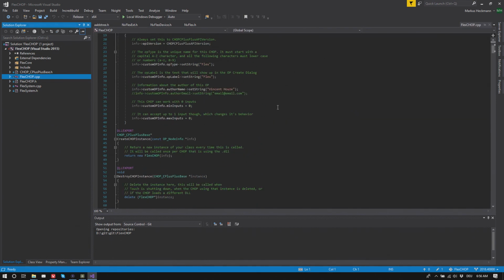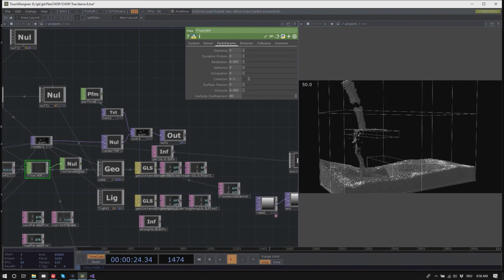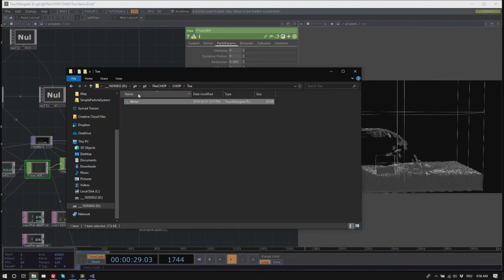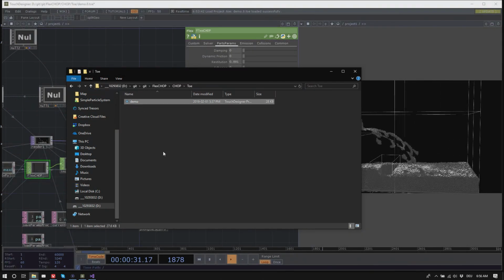I don't know, my C++ is very limited. Yeah, I'll put this folder also. I can copy the toe.